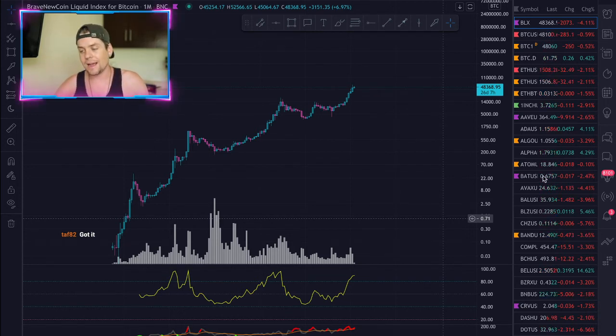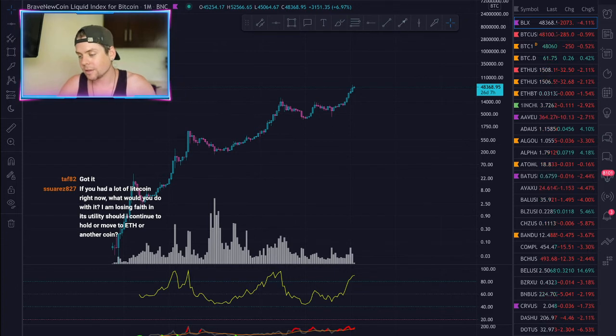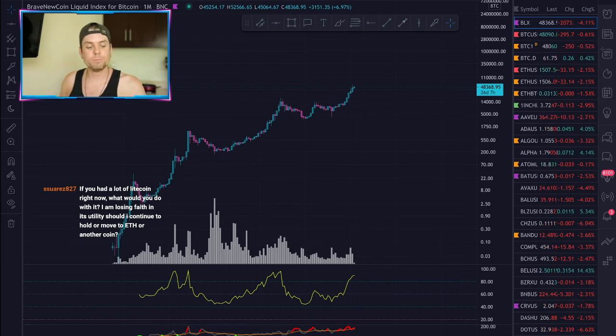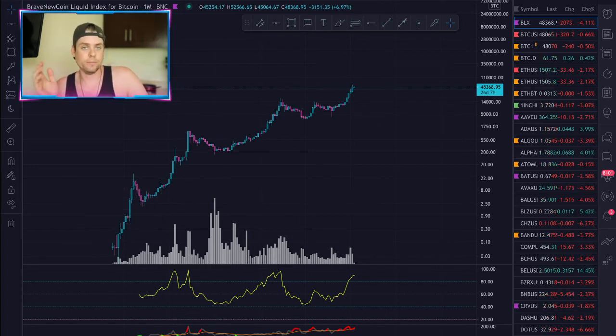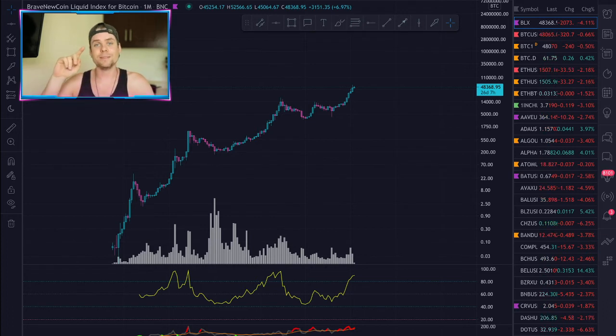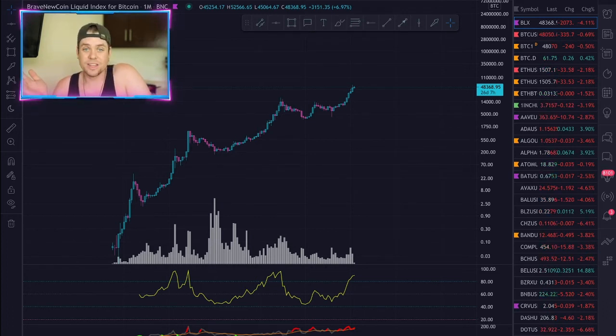You know, as the retail enters this market, do you think they're looking at the RSI? Do you think they know what a MACD is? They don't. They just buy it. You know, they hear the hype and they buy it. If you were around in 2017, you'll know that the sentiment right now compared to what it was back then is very, very different. I think a lot of people are still scared right now.